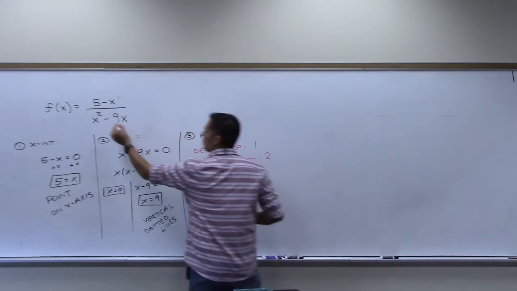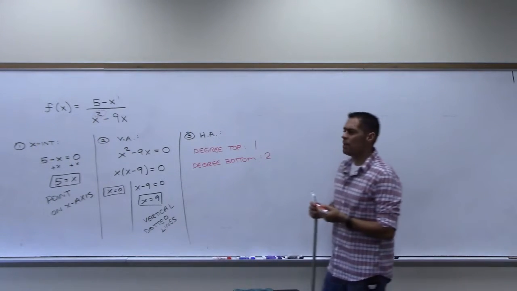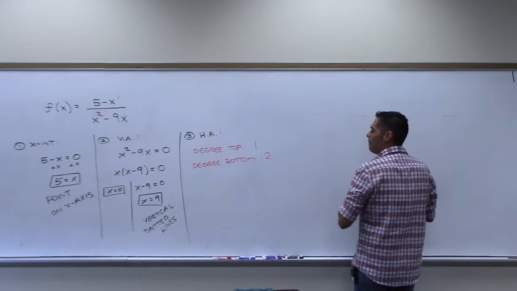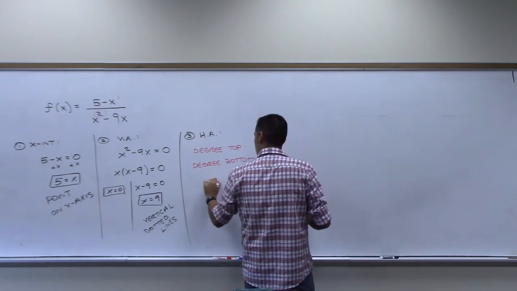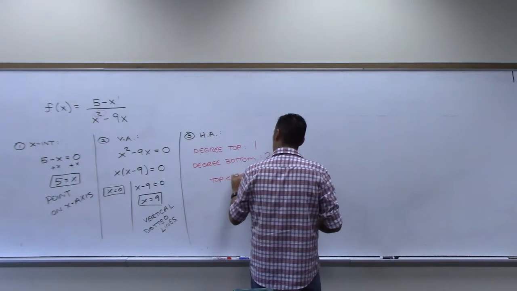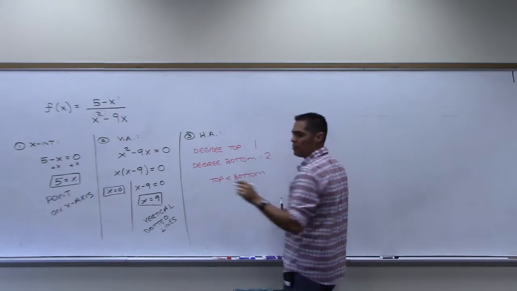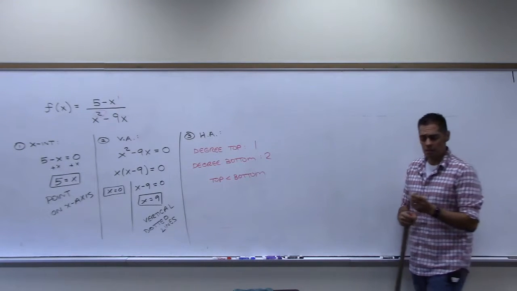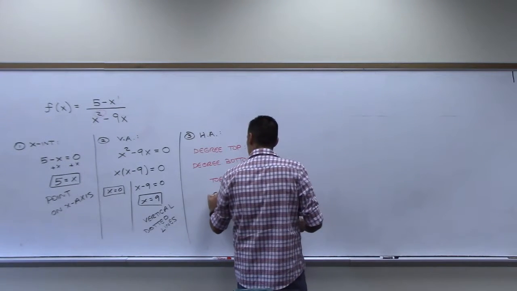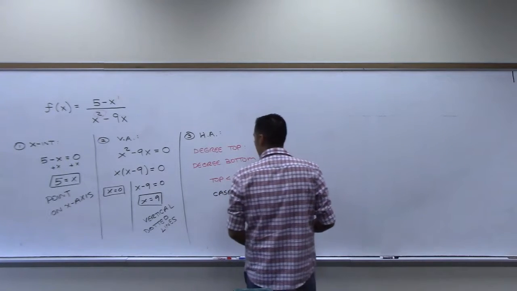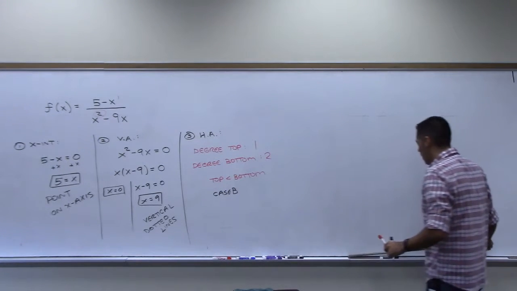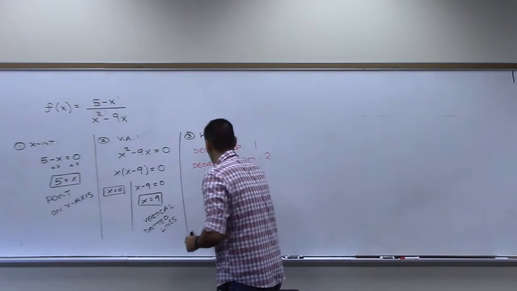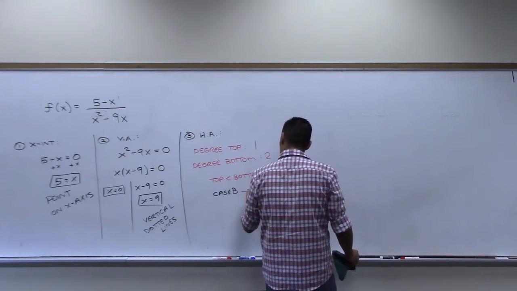Was 2, right? That's this 2. We're supposed to compare these two numbers. Here, the top is smaller than the bottom. What case was that? I gave you 3 cases, case A, B, and C last class. Was it B? This is case B. So if you look at your notes, if you have case B, then what's your horizontal asymptote? Which means that the x-axis